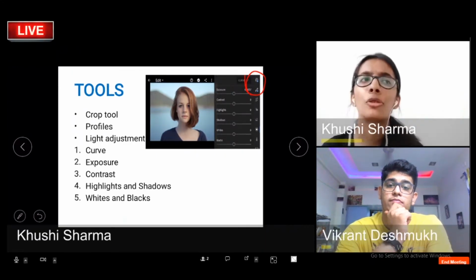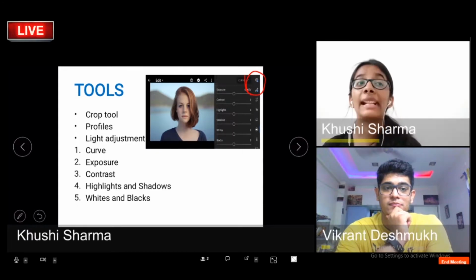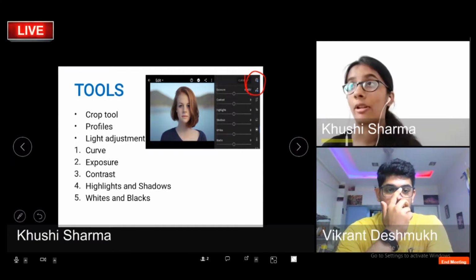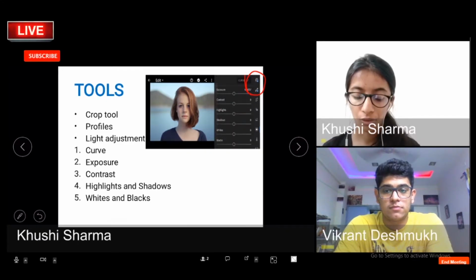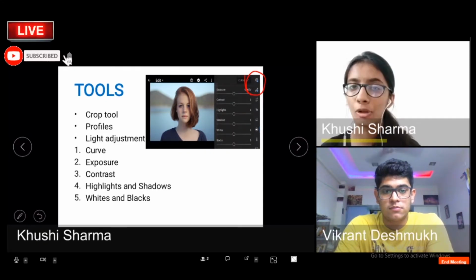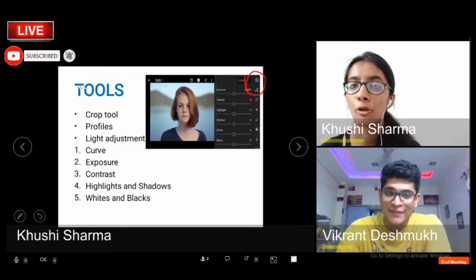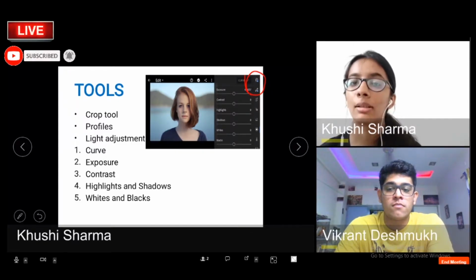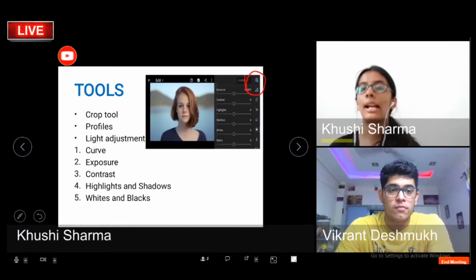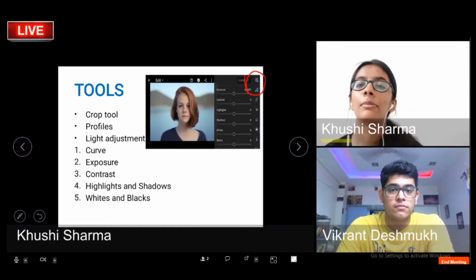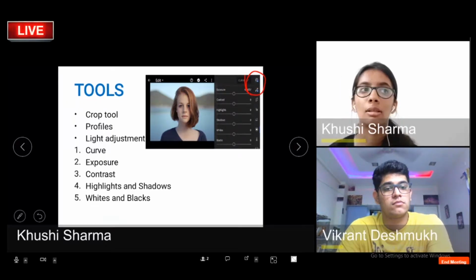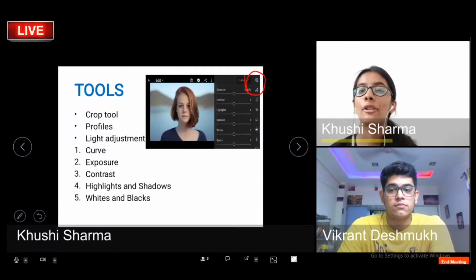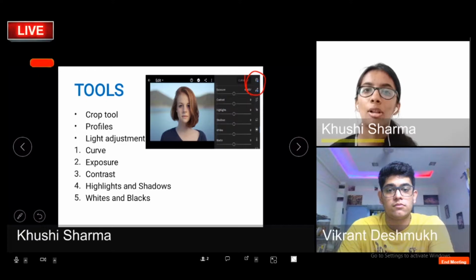Exposure allows you to increase or decrease the brightness of the overall image, and contrast allows you to bring out the details you want to show in your photo at the time of post processing. Highlights and shadows are similar to contrast. In highlights you can increase the details of the brighter area, and in shadows you can increase the details of the darker area.